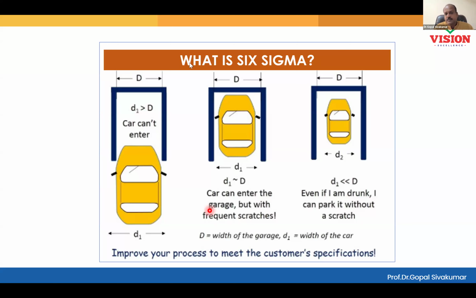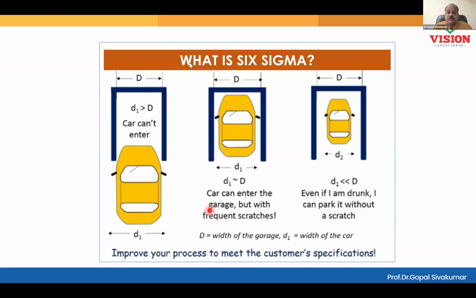So please note, CP/CPK of 1 or 3 sigma capability is suitable only for short-term requirement. Just to take care of today's requirement is fine. Parking the car one time is okay. But parking the car multiple times, definitely CP/CPK of 1 is not acceptable. 3 sigma capability is not acceptable. That is why the minimum demand for CP/CPK is 1.33. AIAG has created a guideline. CP/CPK minimum requirement is how much?